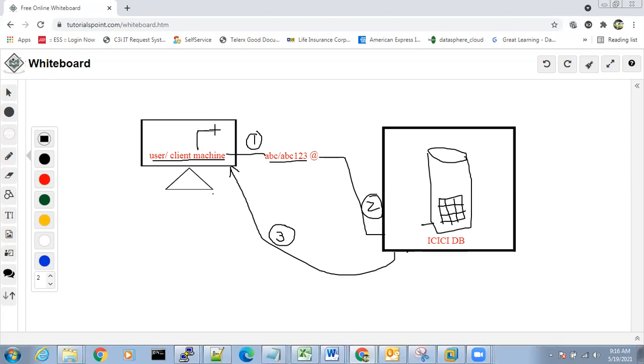From his or her machine, the client will pass the username and password to the database. After passing the username and password, it will connect and the user can perform all the operations from his machine, so that the operations will be stored inside the database. How this will happen, I'll explain to you.